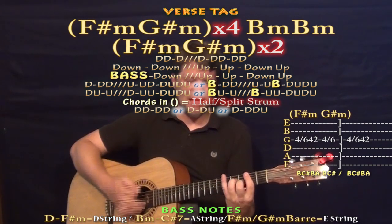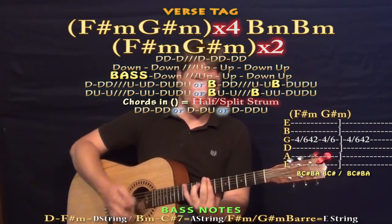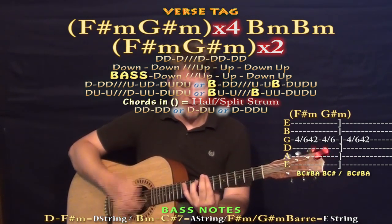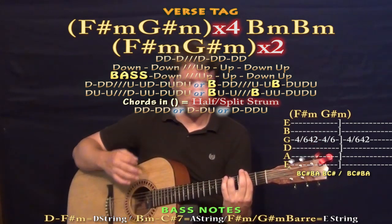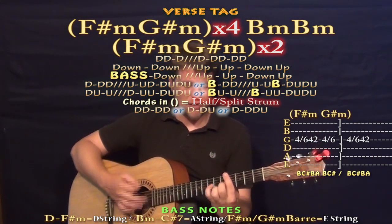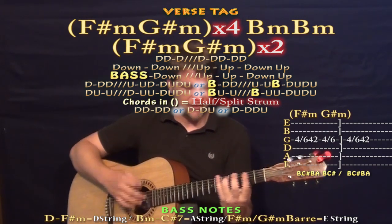On the B minor, you'd have the A for the bass, unless you're doing the 7th fret bar, which keeps you with the low E for the bass. So we tried that next part with a bass down, up, down, up. You'd have kind of the F sharp minor, G sharp minor, F sharp minor, G sharp minor, F sharp minor,